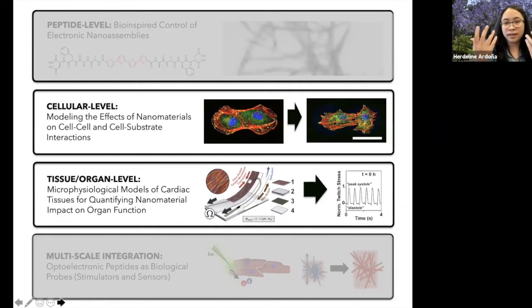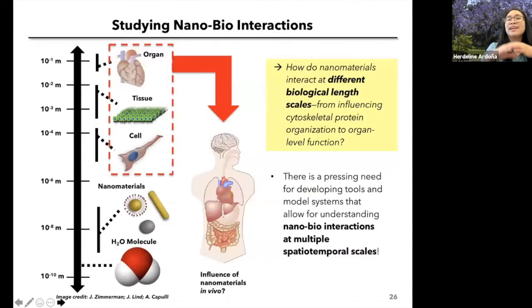went and developed some biohybrid platforms and learned how to do so in order to better understand how specific nanomaterials can affect biological function. So going from understanding how to develop and design nanomaterials to understanding how we can engineer appropriate biological models in order to understand nanobio interactions. When people think about nano safety or nano safety by design, of course, it's associated with nanotoxicology. And a lot of people, I usually think, look at toxicological studies as one size fits all